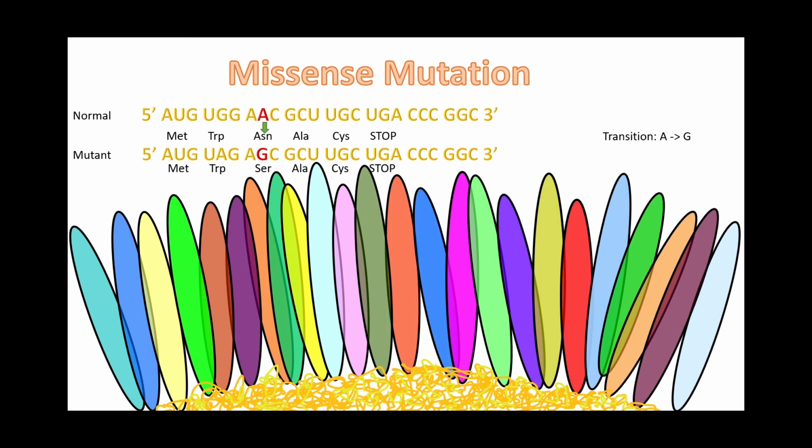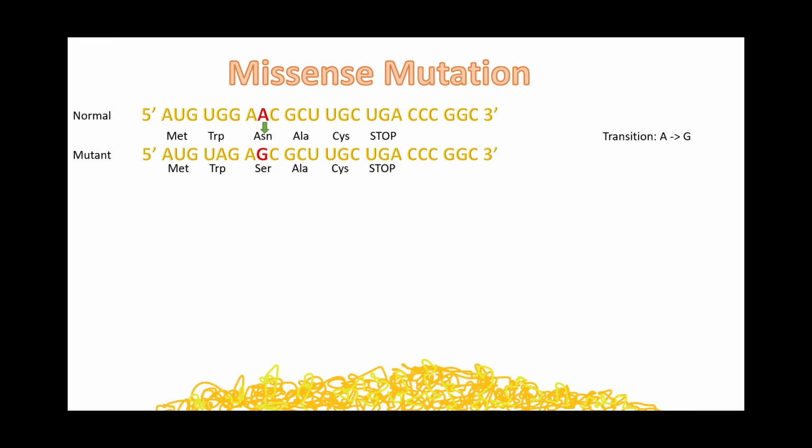Last, we have missense mutation, which is when an amino acid changes into another, which can impact protein function, or it can be a neutral missense mutation, which does not affect function. However, here the petals were unable to function and did not grow. AAC turns into AGC, which went from ASN into serine. A to G is transition.